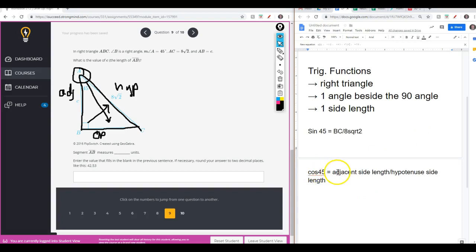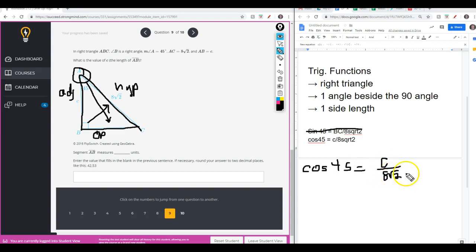Cosine of our 45 degrees is equal to the adjacent side length. The adjacent side length was given to be little c. And the hypotenuse side length is 8 square roots of 2. So then we're going to decide which of these we're going to use. And we're going to use the one that has little c in it because it wants us to find the length of little c, or the length of segment AB. So we're going to just be working with cosine of 45 degrees is equal to c divided by 8 square roots of 2. Alright, even though this looks like a weird number,